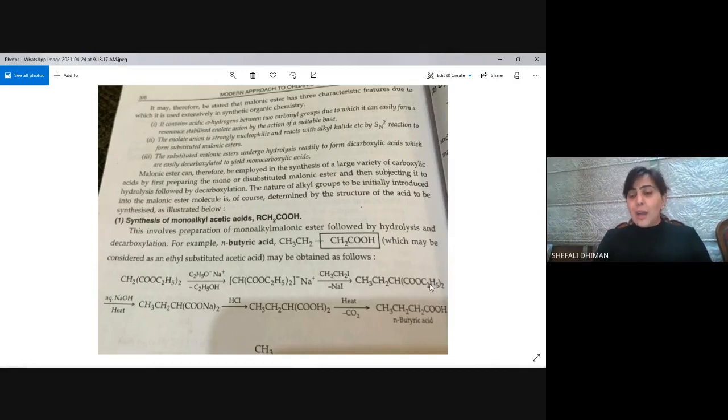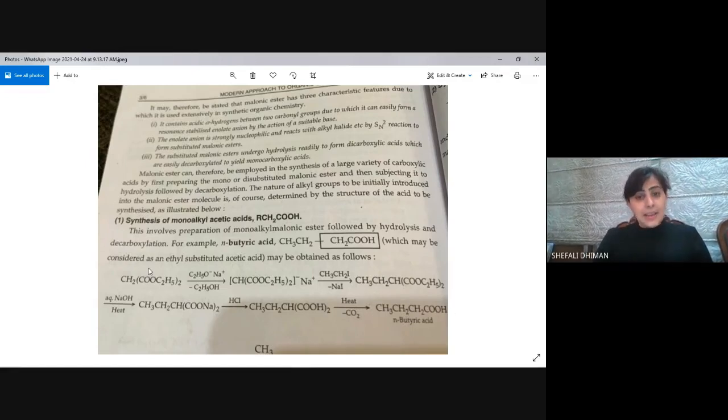So first of all, I'm going to hydrolyze the ester. Hydrolysis of the ester produces the acid. So I'm hydrolyzing it not with a very strong NaOH, but with a dilute, aqueous NaOH. So you will end up with the sodium salt of the acid. Again treated with HCl, you would form a dicarboxylic acid, heated to form the monocarboxylic n-butyric acid.